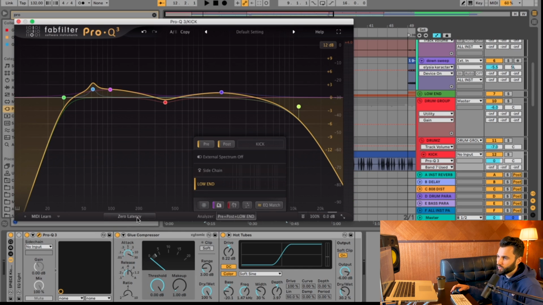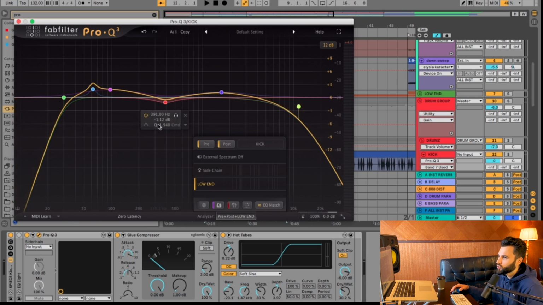Now it's got a variety of latency modes. Linear phase is a preferred one if you are making moves, especially on the mastering side of things, and you want to avoid any sort of aliasing or phase issues. However, it does create a little bit of latency, so putting it on individual tracks can sometimes be problematic unless you're putting them on all tracks, but it does eat up some more processing power typically as well.